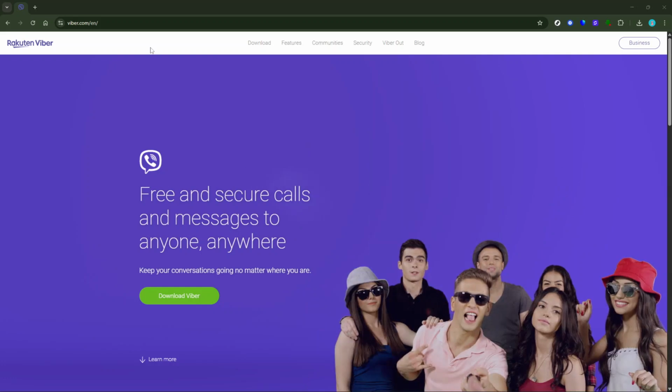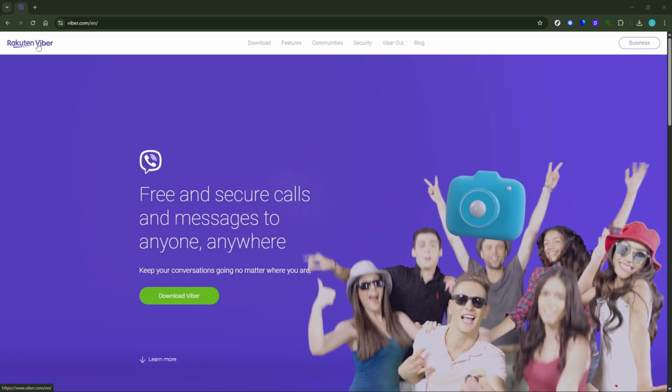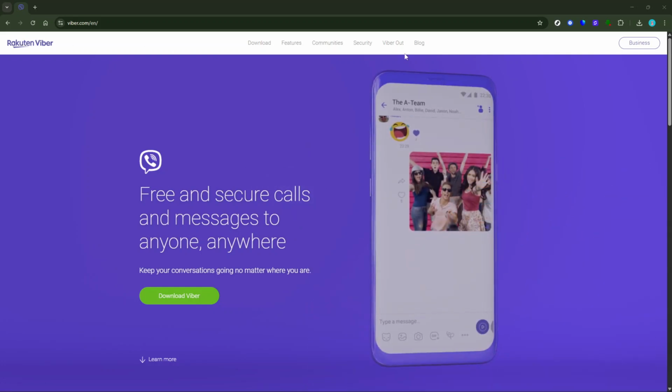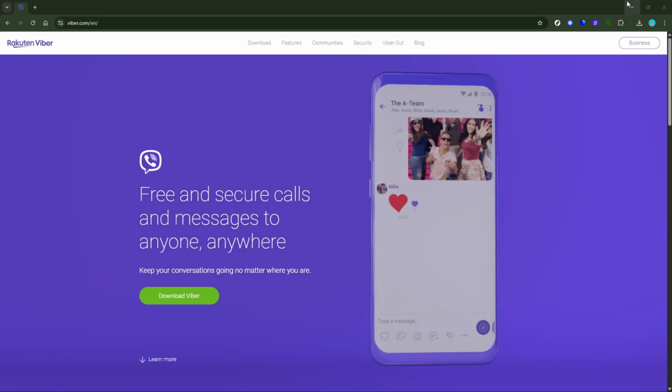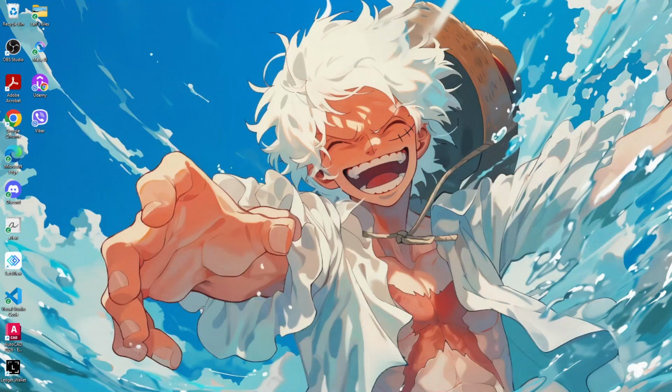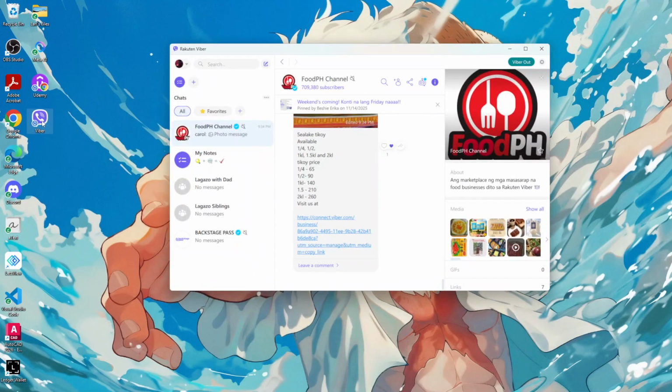This means you won't need to constantly reconnect or manually update your history whenever you switch from your phone to your computer. Instead, it all happens seamlessly in the background. To get started, simply open your Viber app on the PC. This step is straightforward, and if your accounts are already synced, you'll find everything is just where you left off.